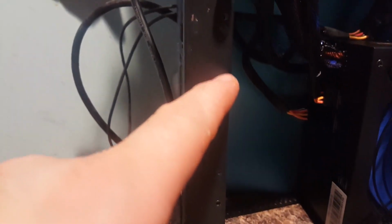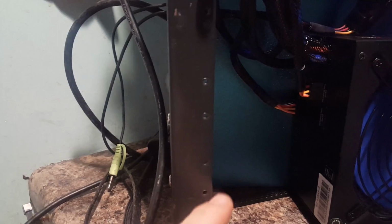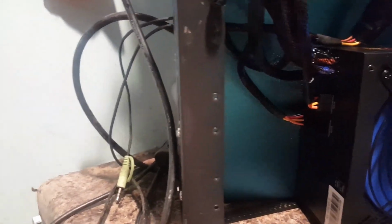And you see we got 1, 2, 3, 4, 5, 6, 7, 8, 9, 10 different places to screw in screws, or more or less 5 graphics card, because this is what it was originally used for. Now, if we take out this hard drive,